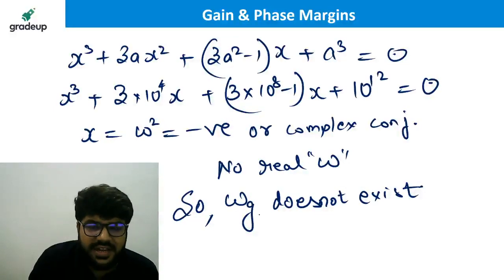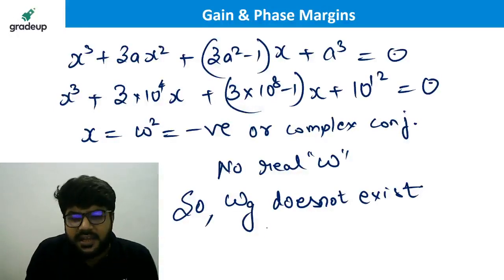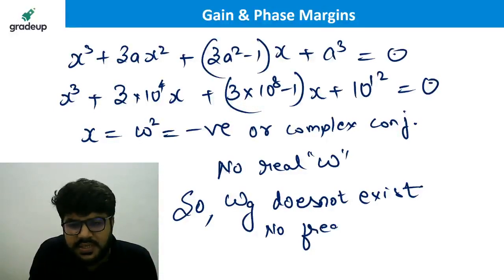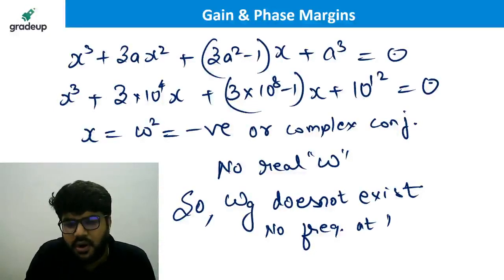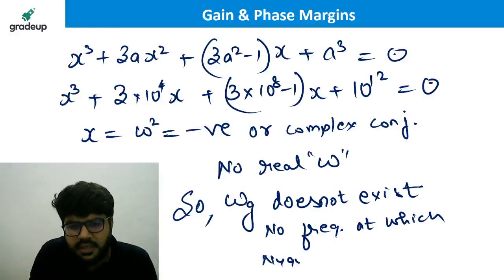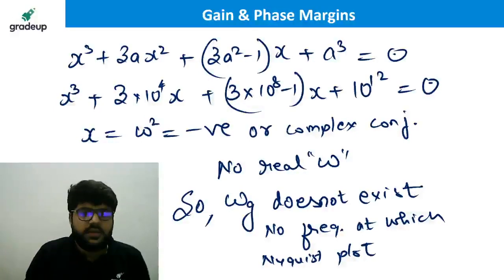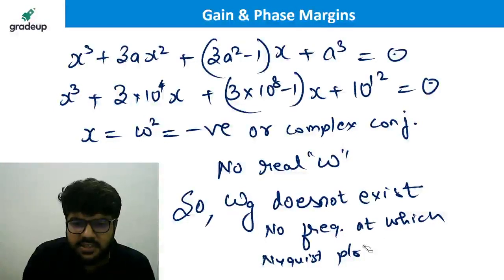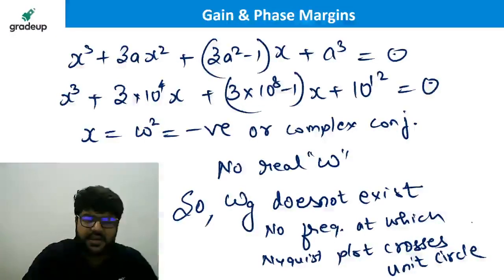Okay, there is no frequency, no real frequency, at which the polar plot, at which the Nyquist plot, by the calculator, just use your scientific calculator, crosses the unit circle. And because it is anyways not going to cross the unit circle,